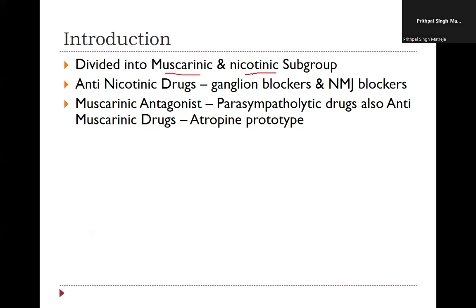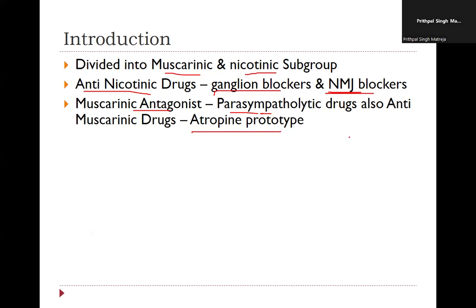So here we are talking about the muscarinic antagonist and the nicotinic antagonist. As highlighted earlier, the nicotinic antagonist drugs are the ganglion blockers and the neuromuscular junction blockers, whereas the muscarinic antagonists are mainly the parasympatholytic drugs, which are also known as anti-muscarinic drugs or muscarinic antagonists, and atropine is the prototype